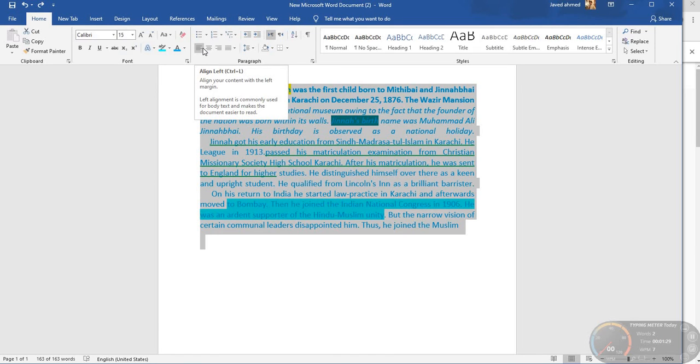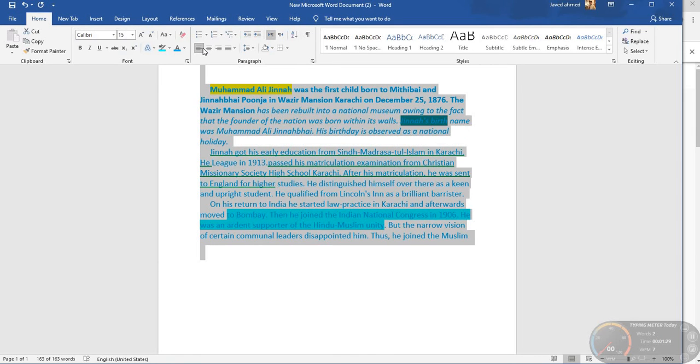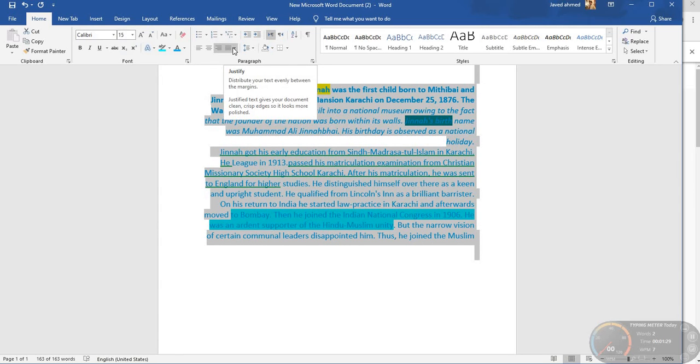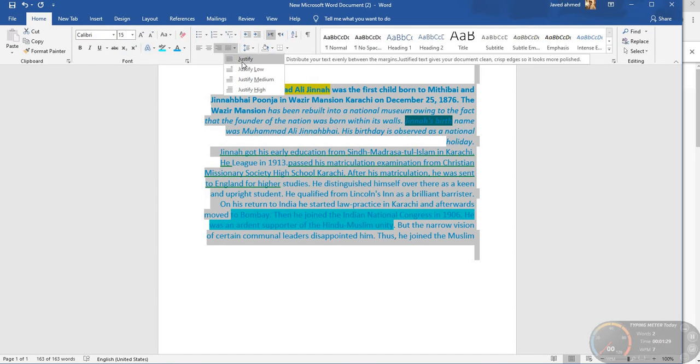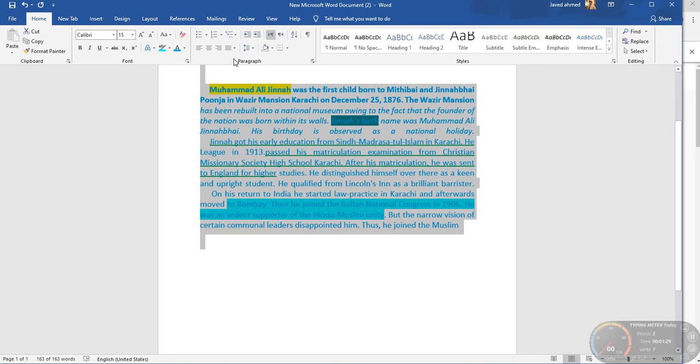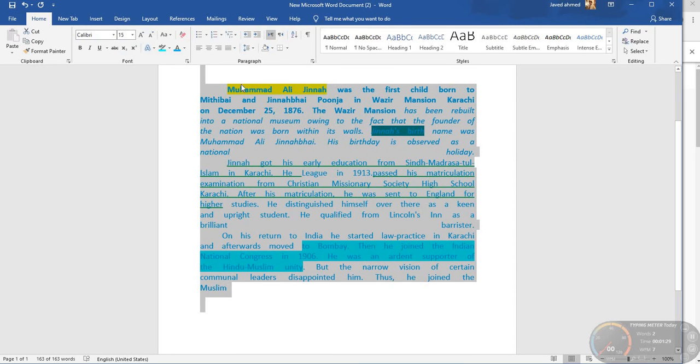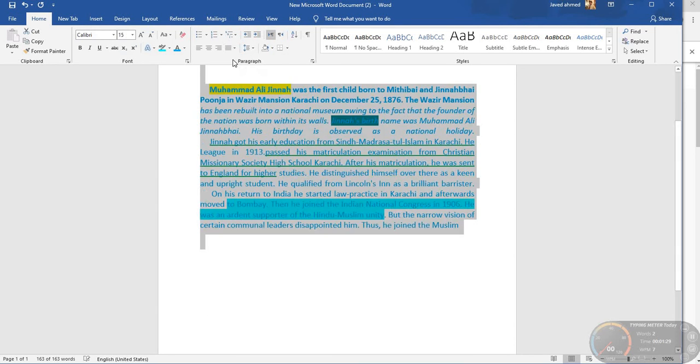In this bar, align left, like this paragraph on the left side, then center, paragraph center, then right, paragraph right, and then justify. Click this and click the bar, justify high, low, medium. So justify this paragraph, justify low reduces, medium, so this, high, so this. Okay, so only choose justify.